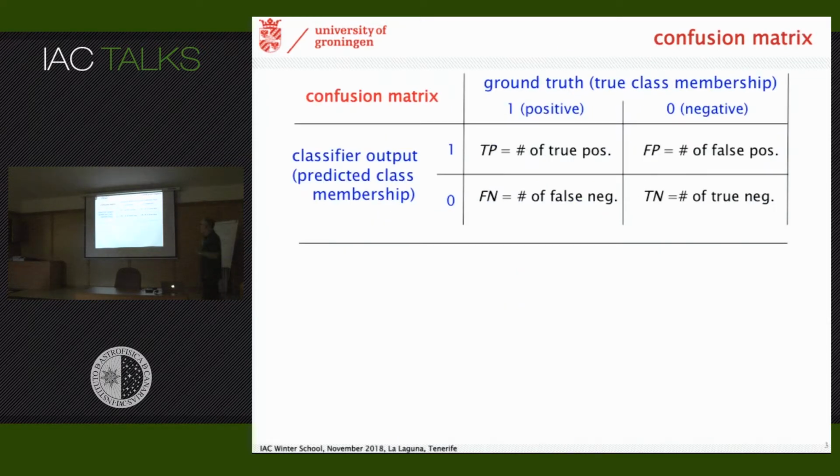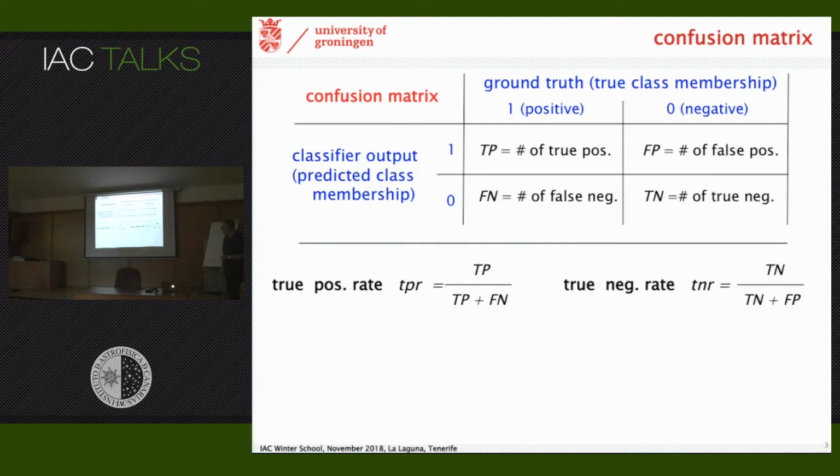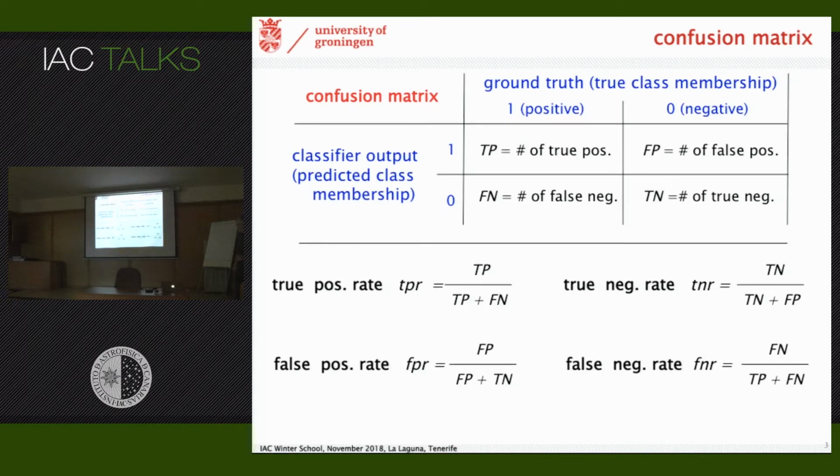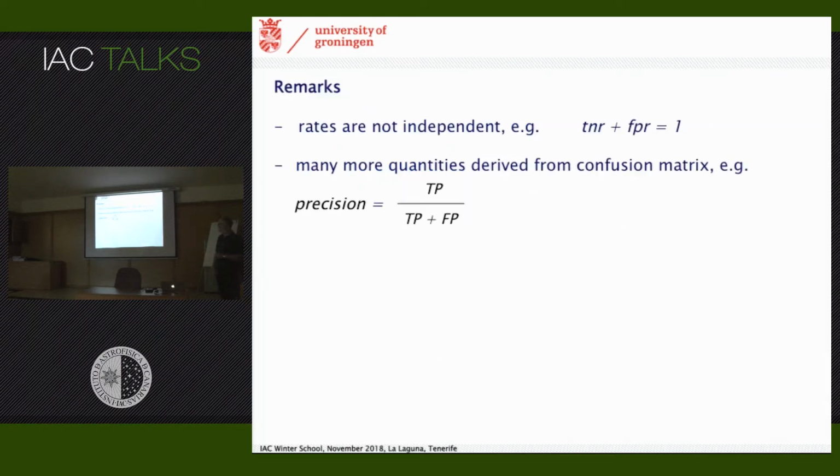So what you really have to do is you look at the class-wise occurrences, so you come up with a confusion matrix of your problem, and in two class problems it's pretty simple. And you have here the number of true positives, the number of false positives, the number of false negatives, and the number of true negatives. And you define rates like the true positive rate, or the true negative rate, or the two other rates that you can define, and the false positive rate and the false negative rate. And these are the essential quantities that tell you a lot about your classifier, a lot more than just the overall accuracy. Now, these rates are not independent because they add up to 1, some of them, because they are